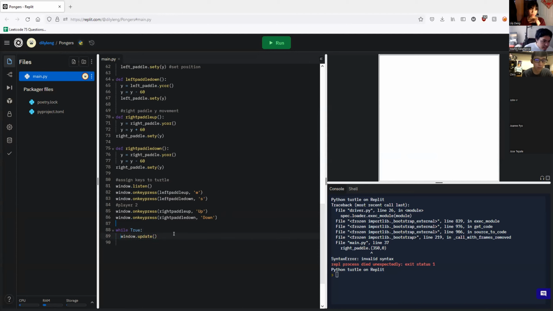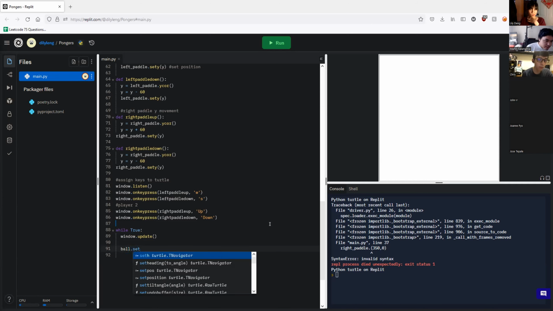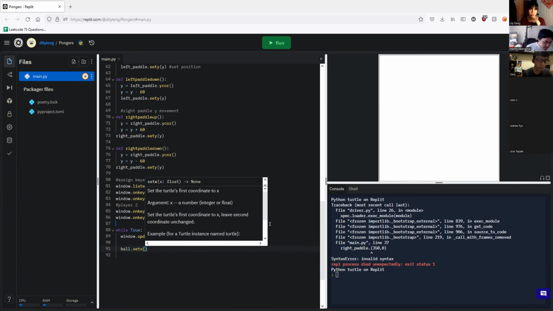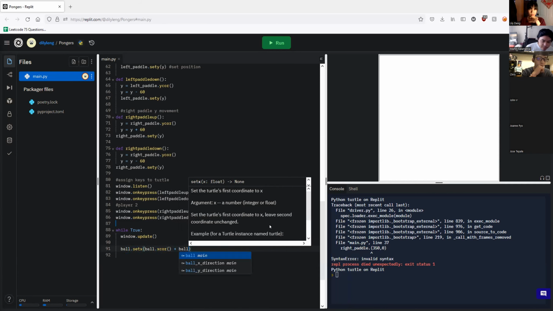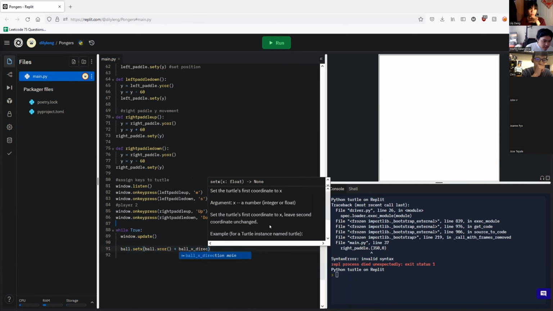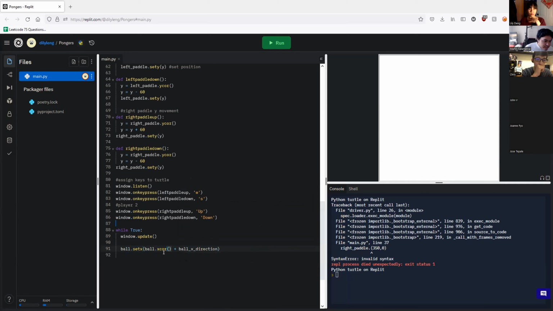So yeah, I've done that. First thing we're gonna do is have the ball move around. The ball isn't currently moving, it's just in place if you try to start a game. So we're going to use this command ball.setx. And inside we're going to use this other command ball.x coordinate to get the actual x coordinate, plus ball x direction. And basically all this is going to do is set the ball to move